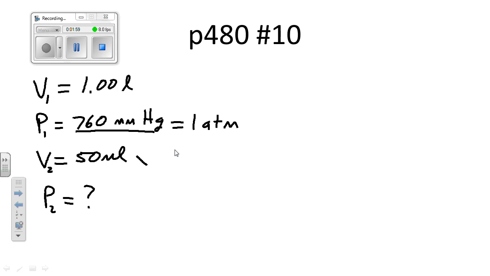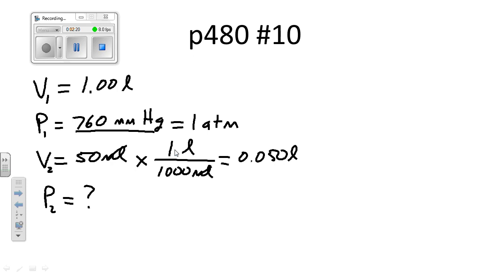The other thing we need to do is convert this. We're going to go to liters, and 1 liter is 1,000 milliliters. So the milliliters will cancel out, and this will be 0.050 liters. Okay, we're using Boyle's law, and if you haven't already watched it, I would suggest you watch Boyle's 1,